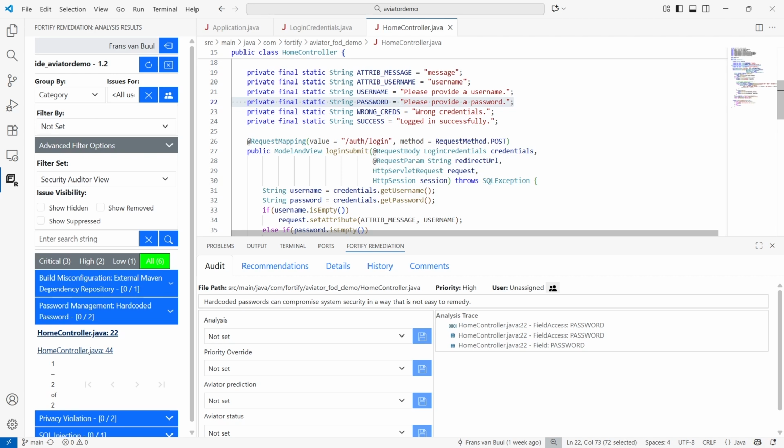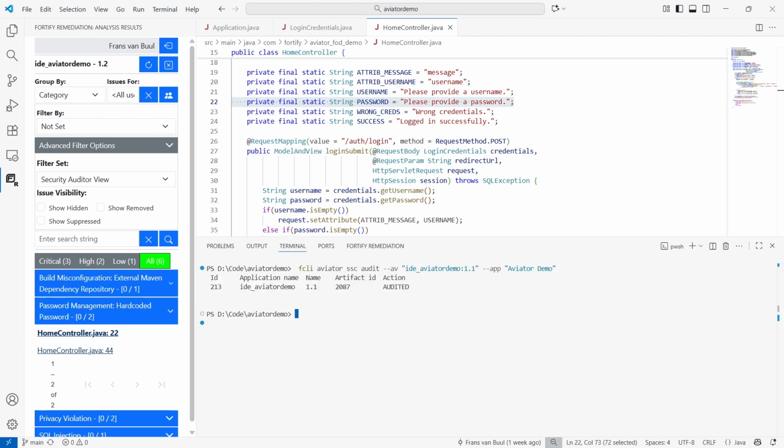So you see, if you have regular SAST findings, there's still this task for the developer both to determine what is a true positive and what is a false positive. And for the true positives, they still have to think a lot about the remediation themselves and implement that. So those are the areas where we'll see that SAST Aviator can help. First, let's do the auditing part. We do that by